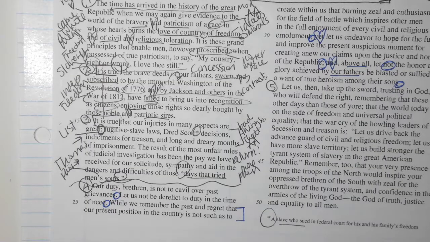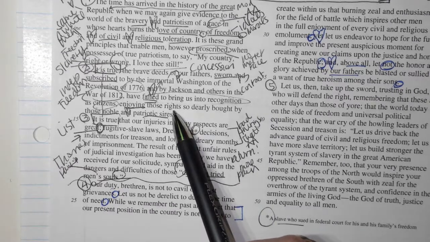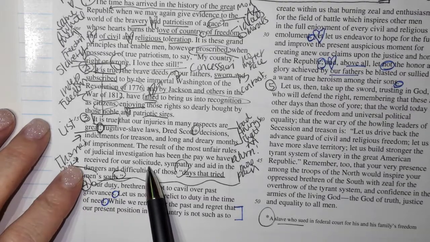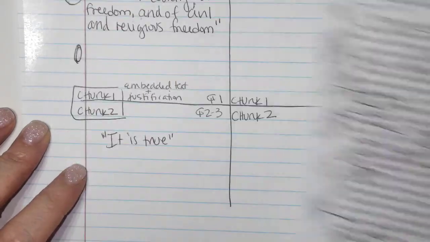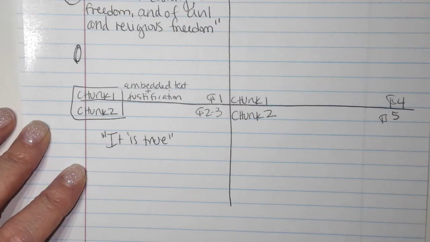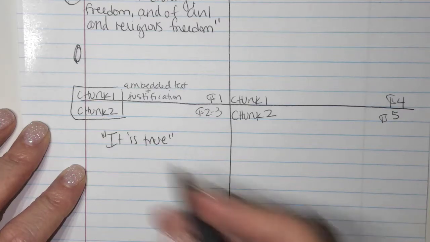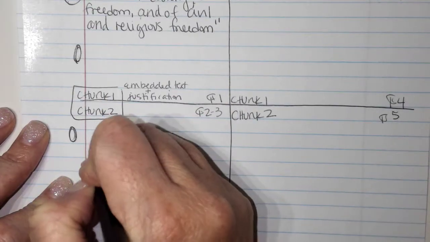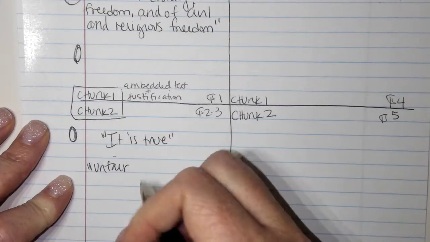What else? Noah? We got the result of most unfair rules of judicial investigation has been the pay we have received for solicitude since being aid and dangers and difficulties of the state that tried souls. That whole thing, obviously, what we can figure out part of that. Okay. Yeah. So I think you could say, so I would just say, my pen keeps dying. Unfair